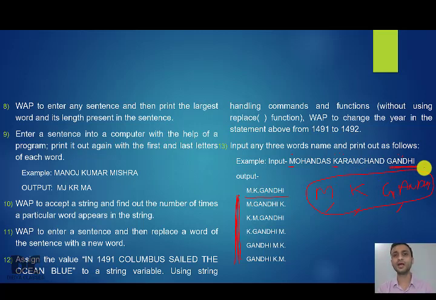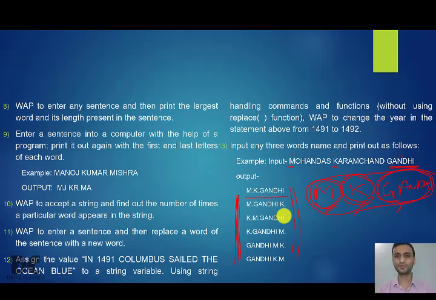Only after that we'll see how we can print those things. So now our job is to find M, K and Gandhi. That is to extract M, to extract K and to extract Gandhi. So one way you can do is by extracting word, which we did in previous programs. You have to extract the word. charAt of 0 will give you the first letter. But here we are going to use the index of. It will make the program shorter and easier.